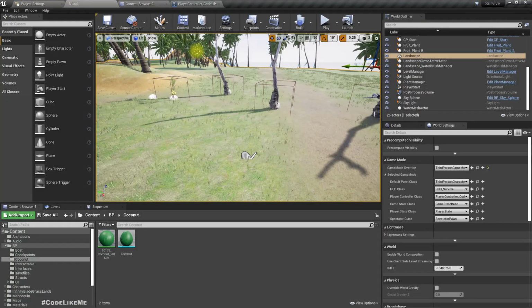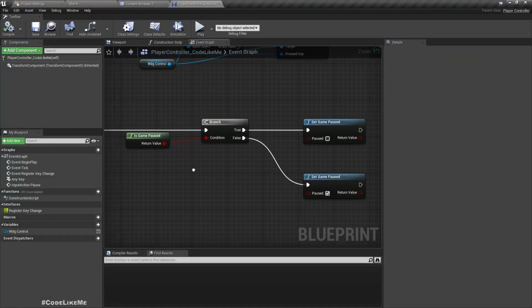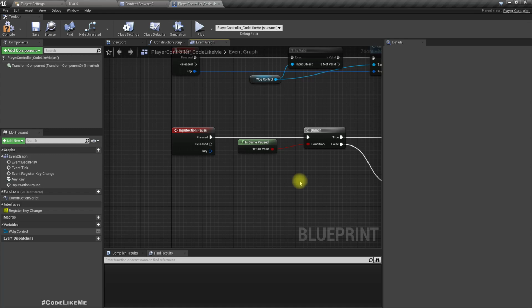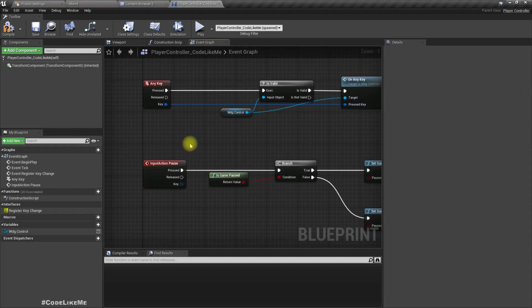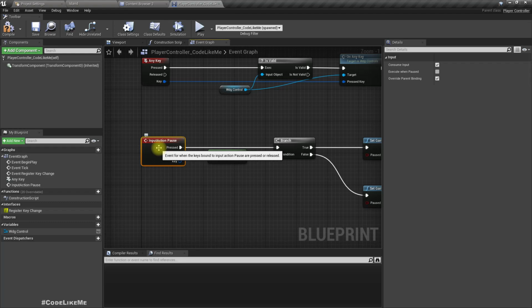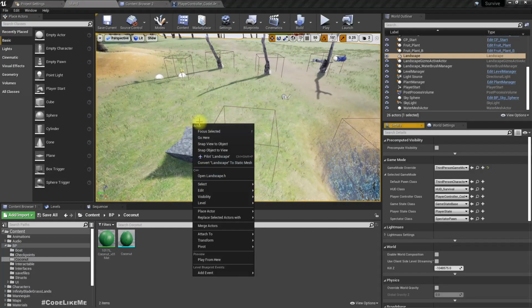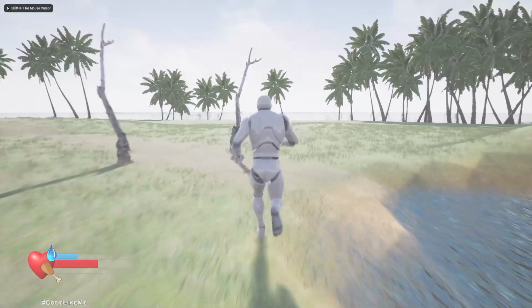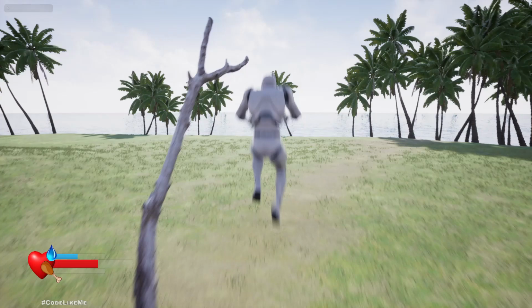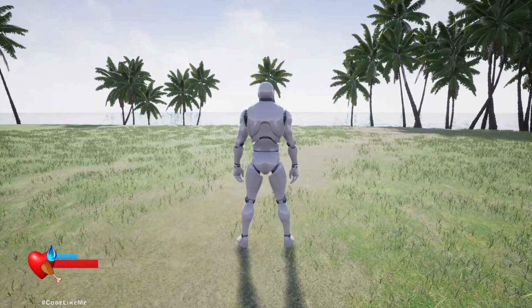Well, the reason is, after the game is paused, this event is not firing anymore. So there is a solution for that. If you select this input node, here you can see execute when paused. If you enable that, this event should fire even after pausing the game. So let me pause. Now I have paused the game, and if I press P again, you see the game